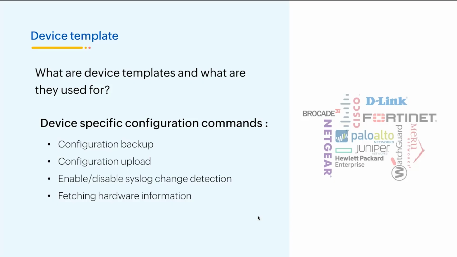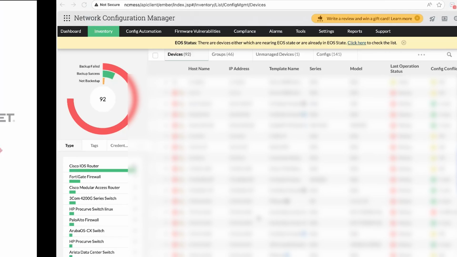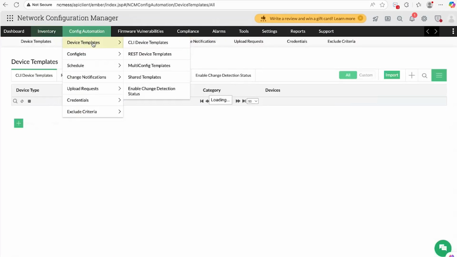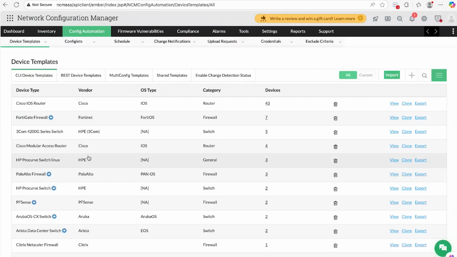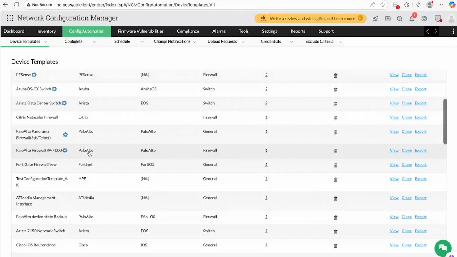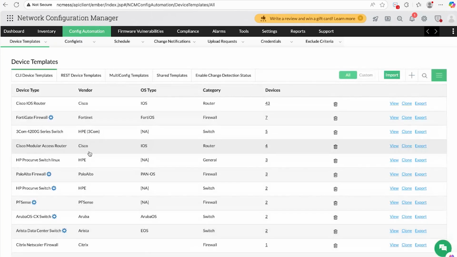So let's see how this works in our UI. Go to config automation and device templates. Here you see a list of all the available device templates. From this list, you can view a template, clone it, or even export it. We also support REST device templates. So if you click on any CLI device template,